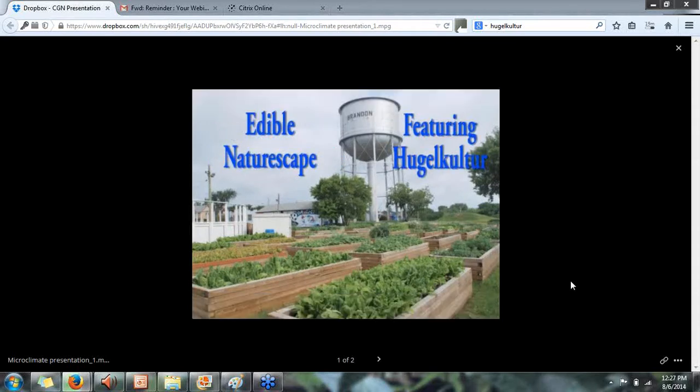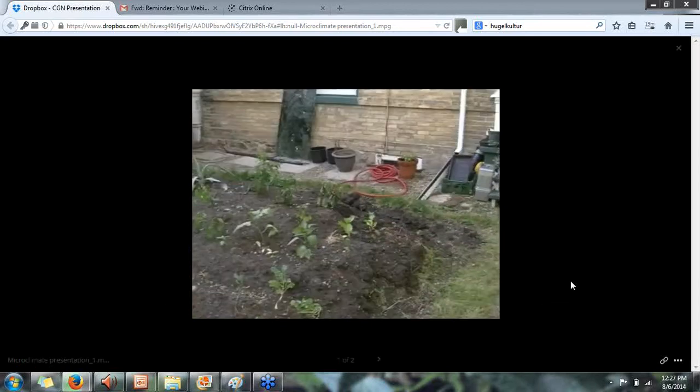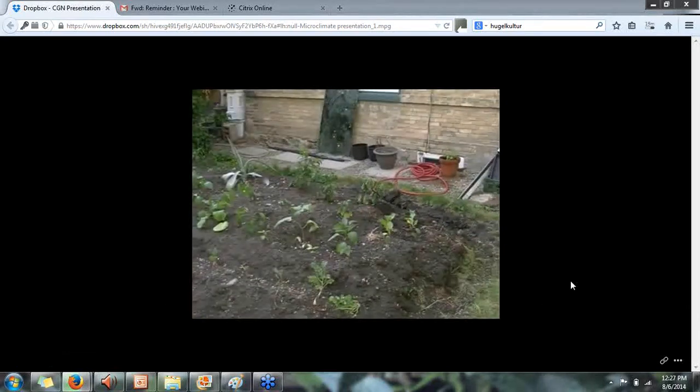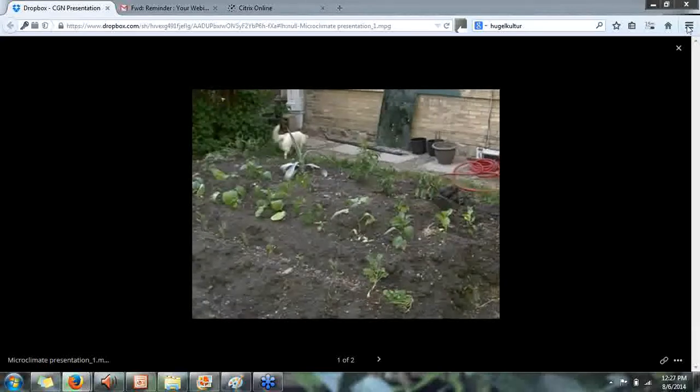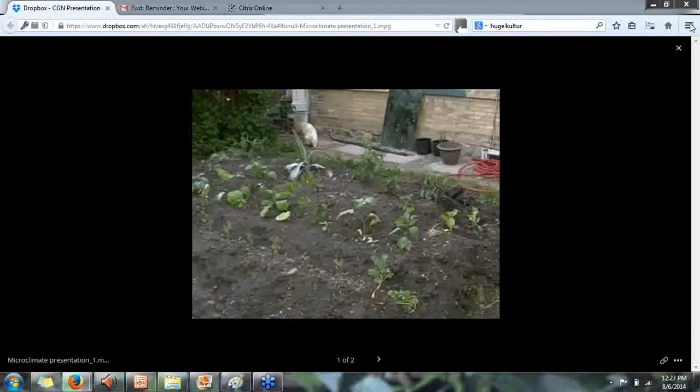Looking at something called a hugelkultur raised bed. This is a form of raised bed, and basically what it is it's a raised bed technique that actually incorporates the use of large fiber objects like